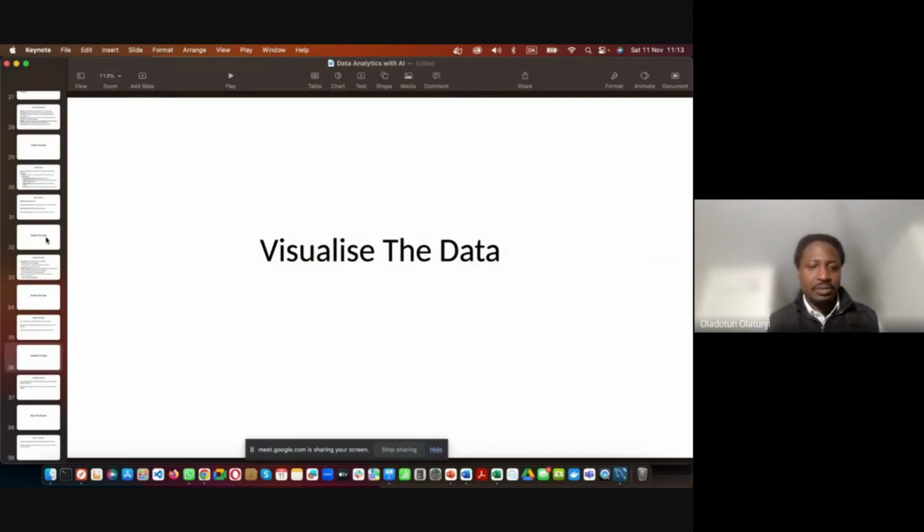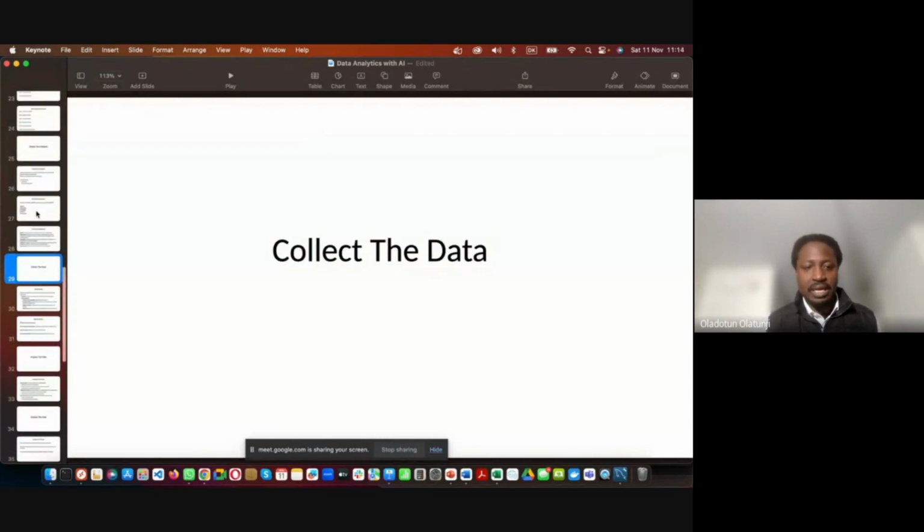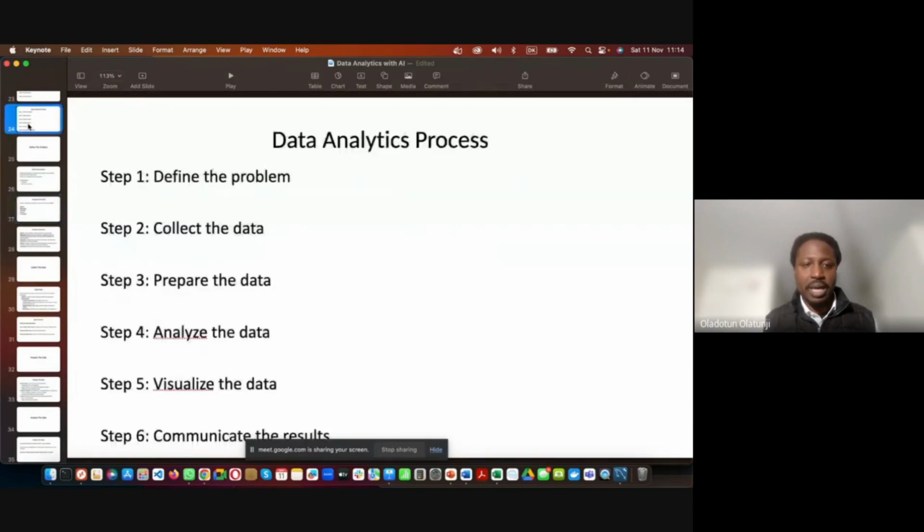In the last class, we have been talking about the different stages of data processing. We've talked about defining the problem, collecting data, preparing data, and analyzing your data as well. And in this class, I will run through all these things again, just to breeze through and get us to really understand the entire process of data analytics before I now go into, I have a guest